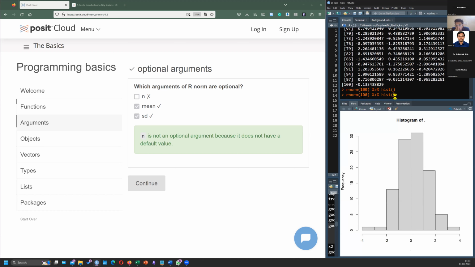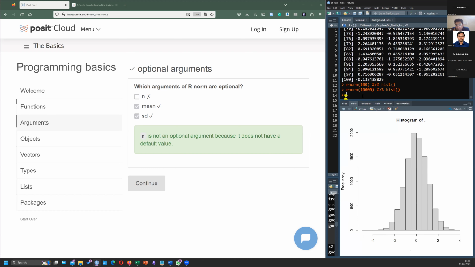We can take 10,000 as well. That would be a little more interesting. So what do you think the mean is? 0. Mean is 0. Standard deviation is 1, actually. 1 SD. So that's why 2 SD is here. Anyway.